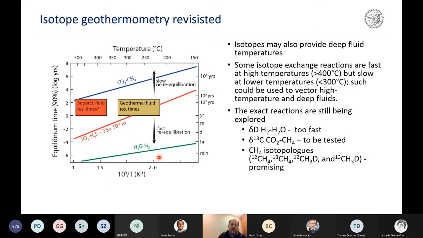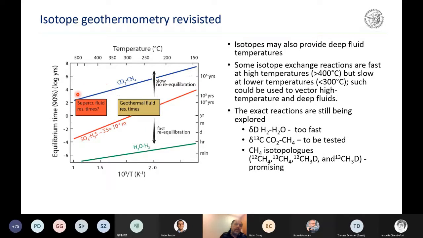So this is kind of too fast. Then you go to sulfur, sulfate and sulfide, and it's in between, possibly intercepting with the residence times of the geothermal fluids. And then we go to CO2 and methane, and it's kind of slow. But you can see that at the higher temperatures, they are slowly approaching or intercepting the residence times of the